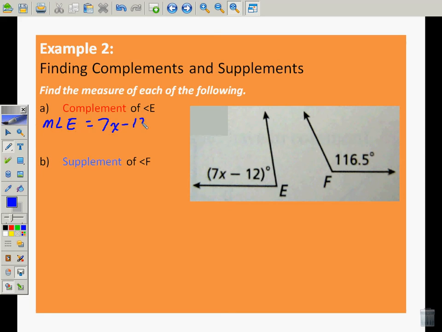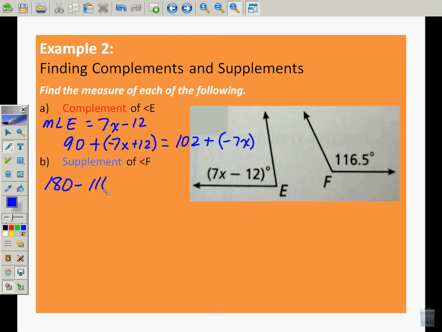Okay? So what that gives us is we can find the complement by saying 90 minus (7x minus 12) is equal to. Now remember, this negative is the same as saying plus a negative 7x plus 12. So I've got 90 plus 12 is equal to 102 plus a negative 7x. That's my complement. Supplement is 180 minus